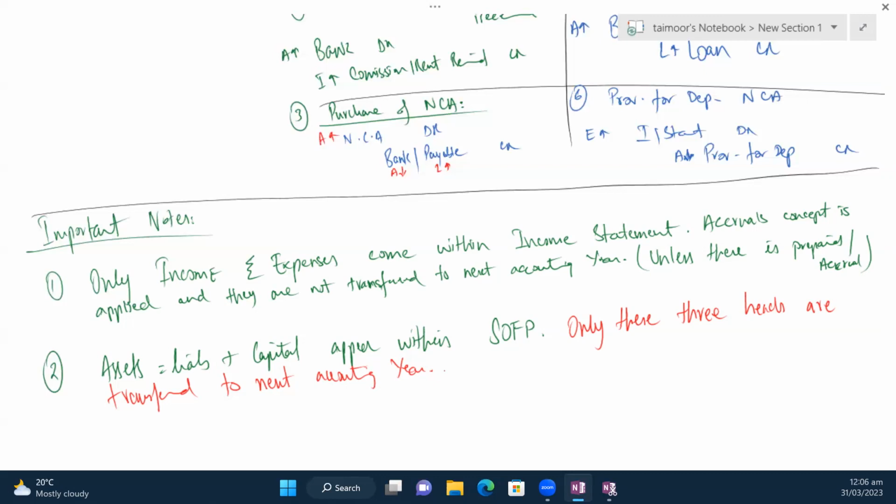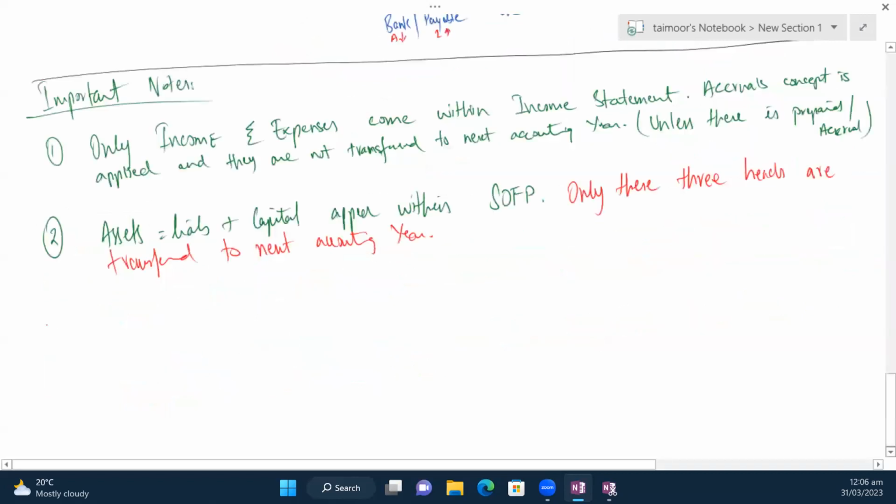ठीक है? Okay. Secondly, profits आपका capital increase करते हैं. Losses आपका capital decrease करते हैं. Drawings आपका capital decrease करती है. ठीक है जी? Okay. इसके बाद number 3, the thing that you need to remember is